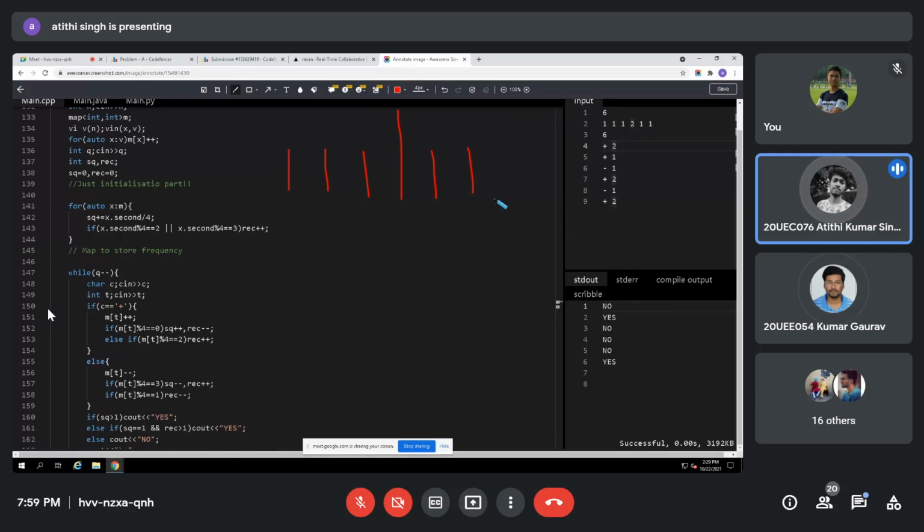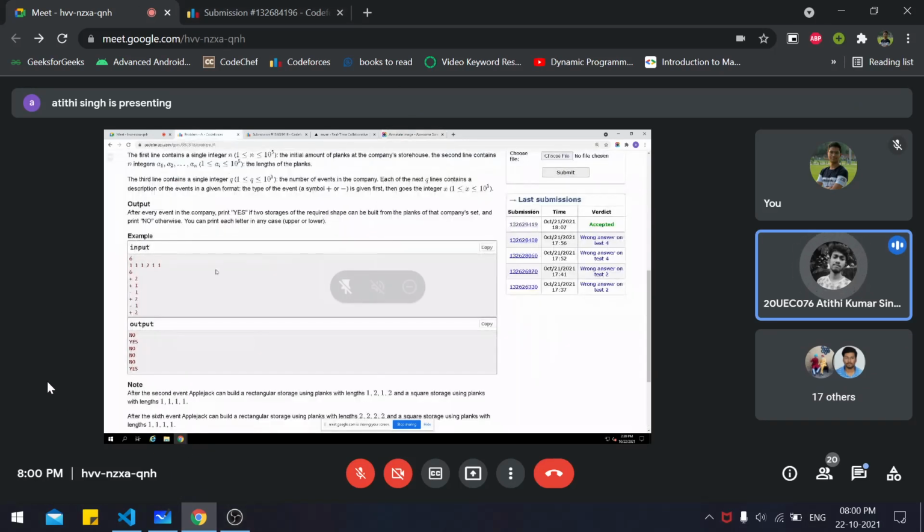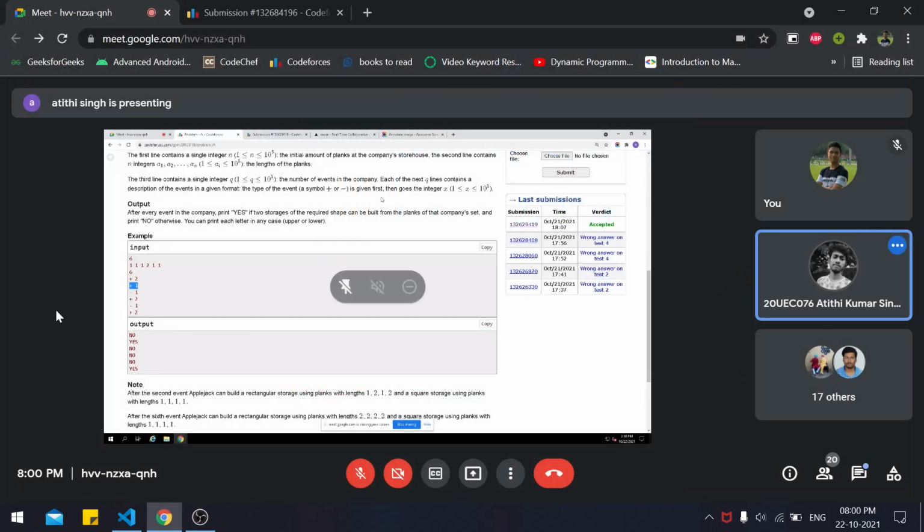I have been given the length of the wood logs here. So what can I make from here? I can only make a square from here. All the length will be side 1, right? I can make a square from here because I have more than 4 wood logs. Then the question says I have been again given a wood log of length 1.